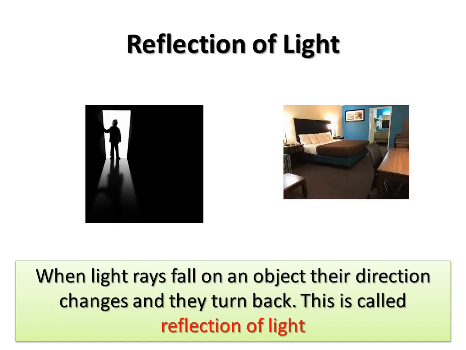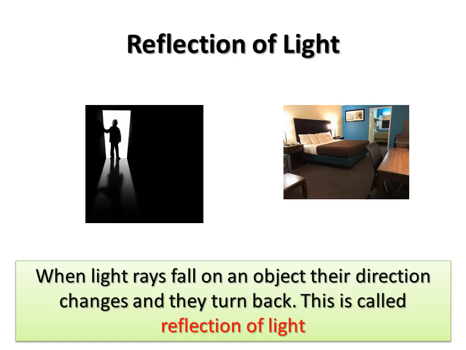When we switch off the light at night, the objects in the room cannot be seen, and they can be seen as before when the light is switched on again. Thus, we can see the objects when the light coming from these objects enters our eyes. The light entering our eyes may be emitted by the object or may be reflected by that object.